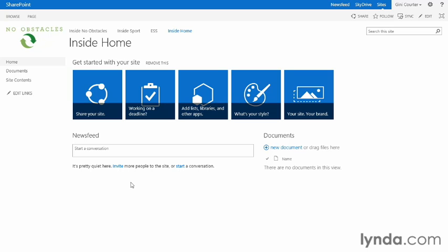SharePoint team sites arrive with this Get Started with Your Site part here that allows me to quickly go through and share my site, add a timeline and tasks and calendar to my site, add lists, libraries, and other apps, change the look of my site, and brand my site. We're actually going to work through this list backwards, and the first thing we're going to do is brand our